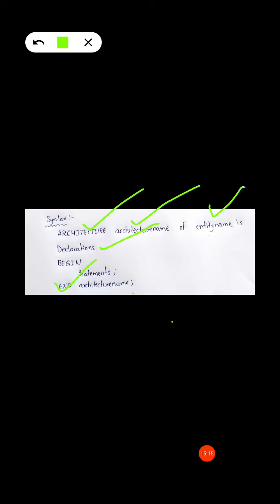And next, statements. In the statements section, based on the style of modeling, various statements can be used, that is either sequential or concurrent.